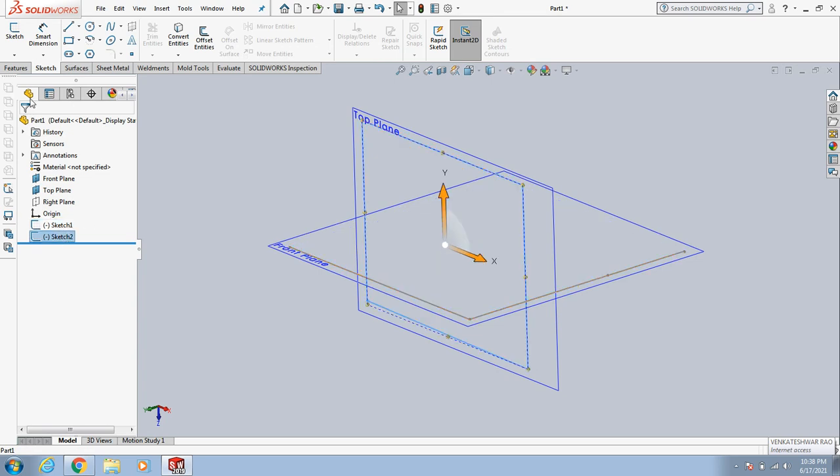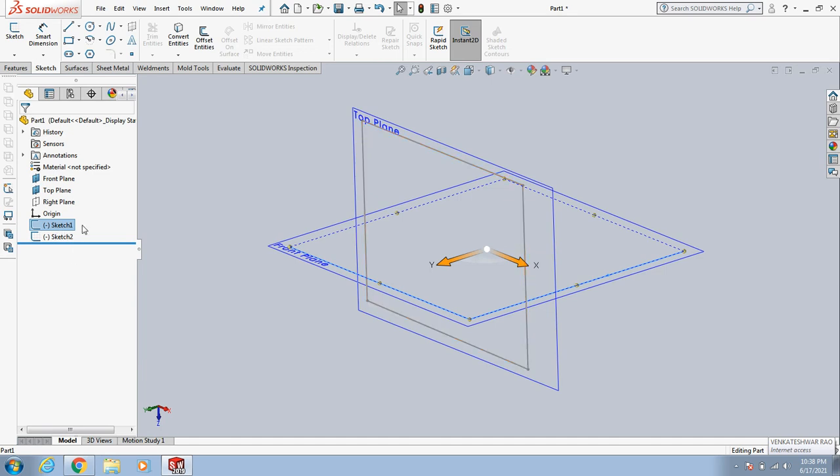This is the feature manager design tree. The specialty of this feature manager design tree is that whatever operations you are going to do on this screen, it works like a history.